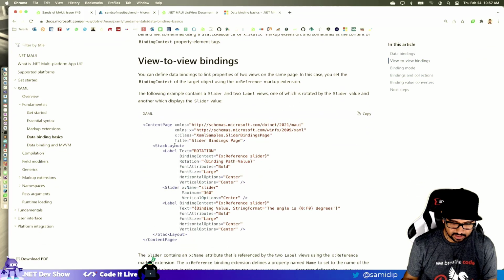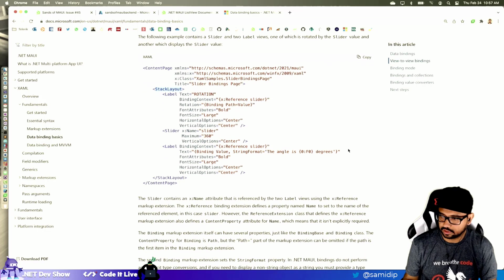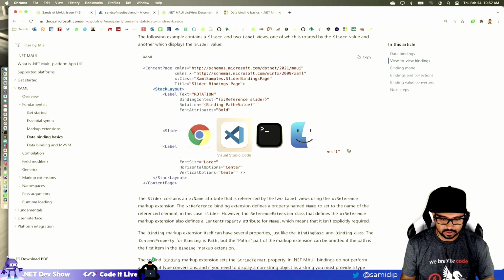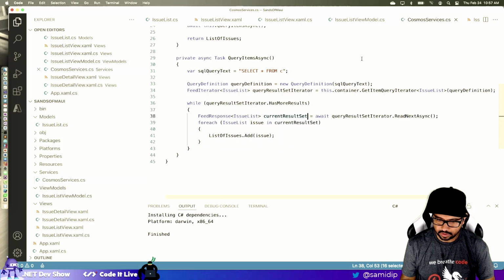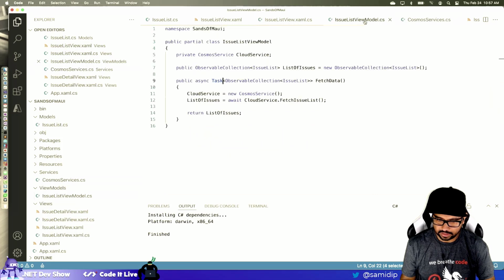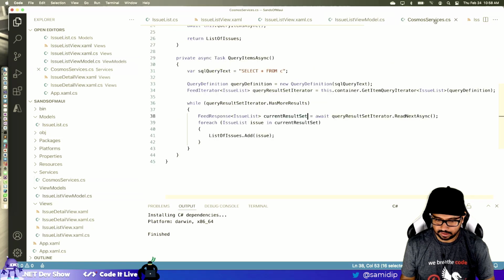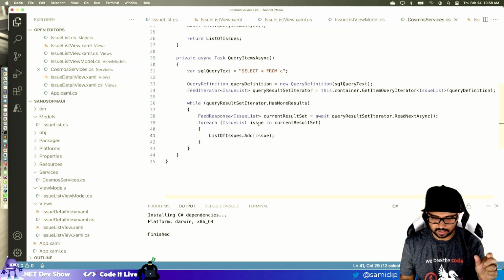I think it's like stack layout is, orientation is vertical, but for some reason it's not giving me the date for both tasks, and maybe it's got to do with how this serialization is working, the list of issues. It may not be able to deserialize it exactly as is.